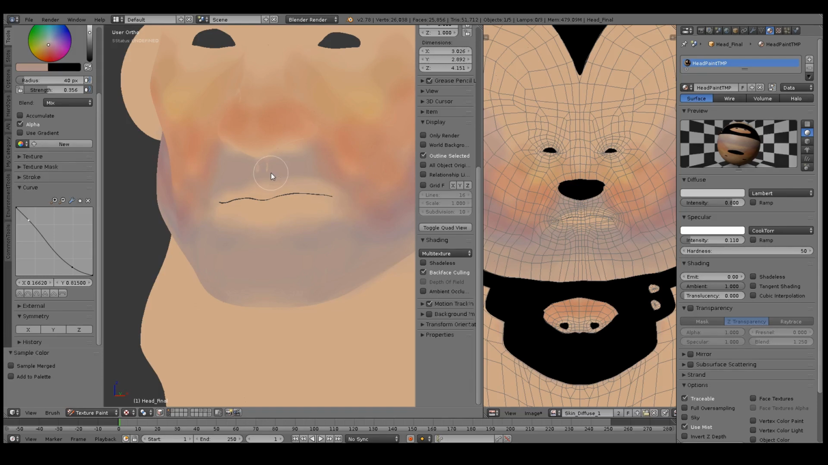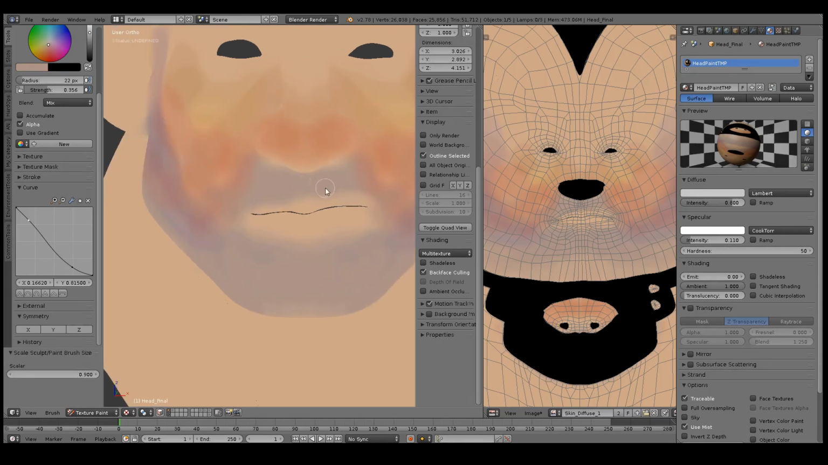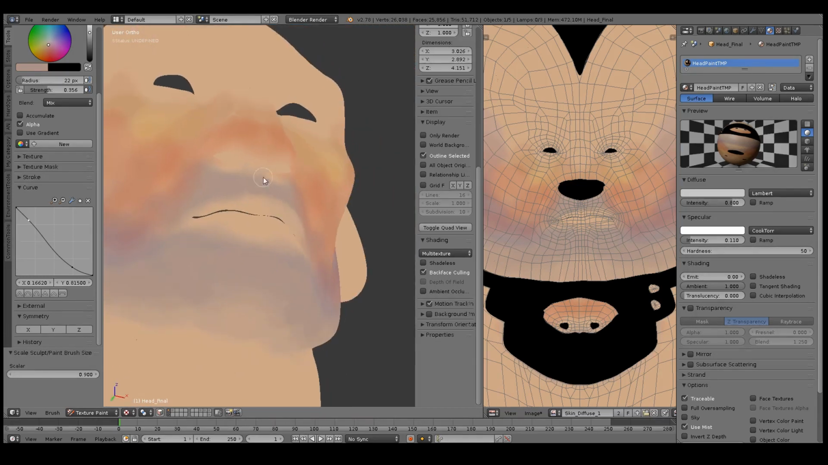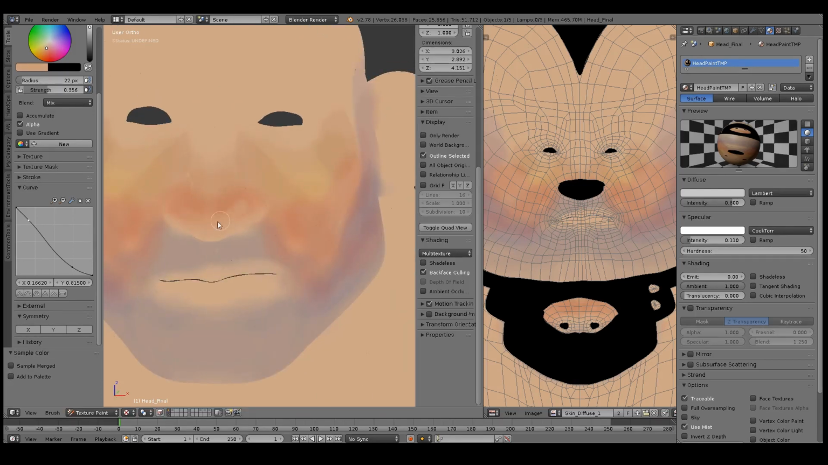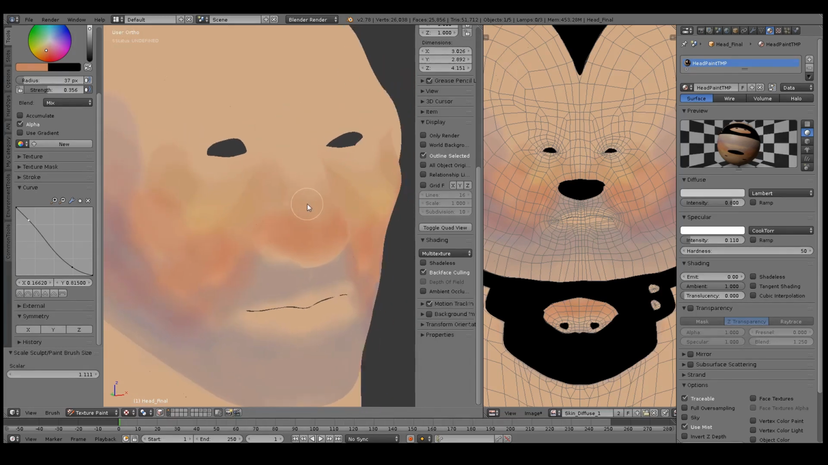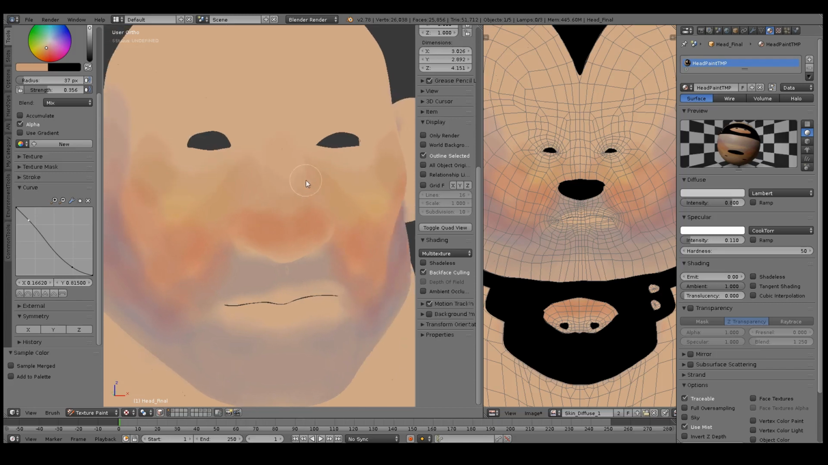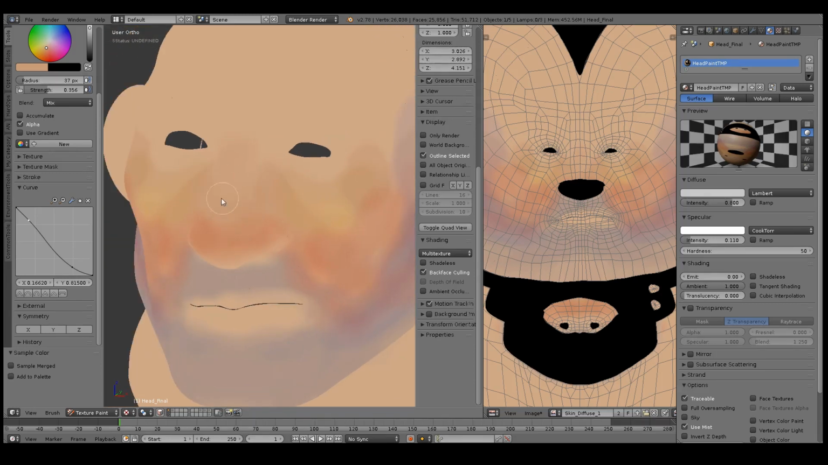Pretty much just blue on the chin area. Obviously this is for a male character. Female character wouldn't have nearly this much blue on the chin areas. It would still be kind of like this, but far more subtle. So a little bit more red on the nose there,